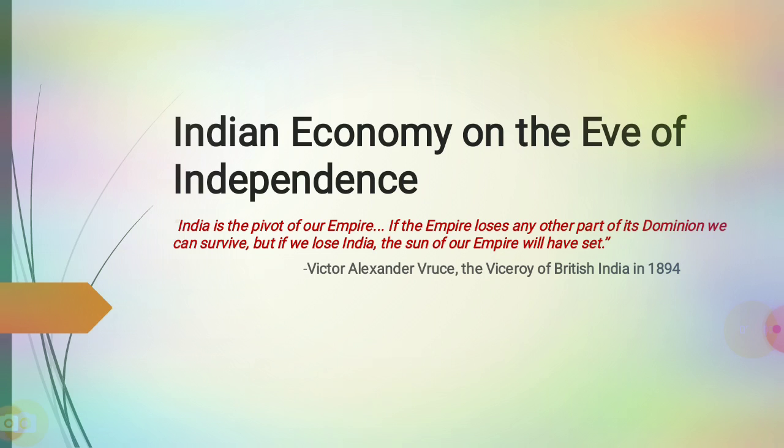In this chapter we'll be discussing the state of Indian agriculture, industrial sector, occupational structure, the demographic structure, the infrastructure development during the colonial rule, and we will also be looking at how the Britishers exploited the Indian economy for their benefit only, and what impact the policies pursued by the colonial government had on different sectors of the Indian economy. So let us start with this chapter.